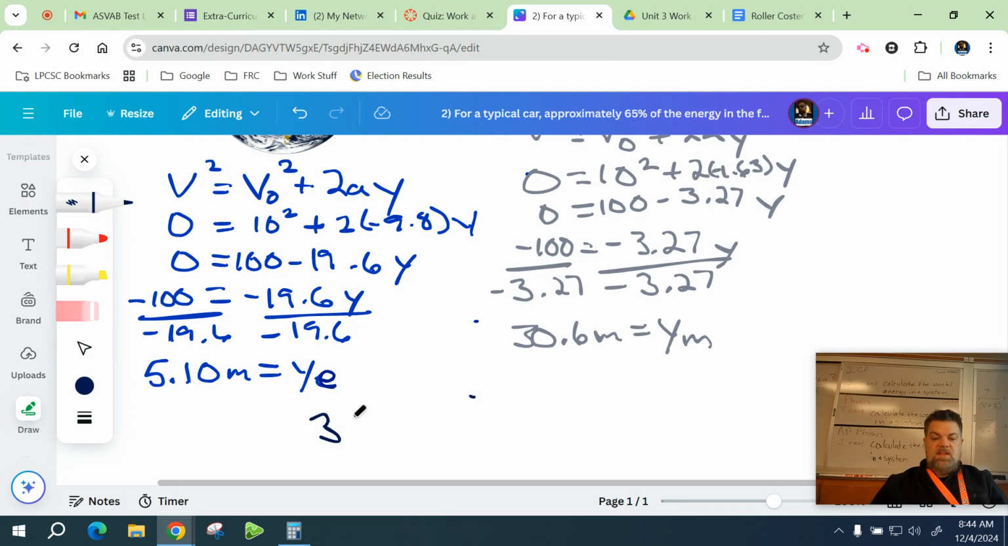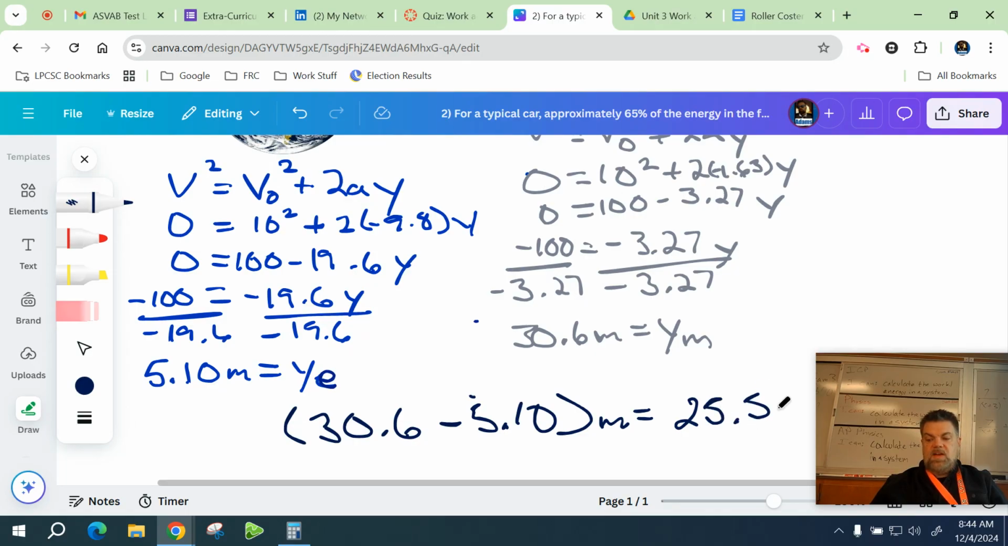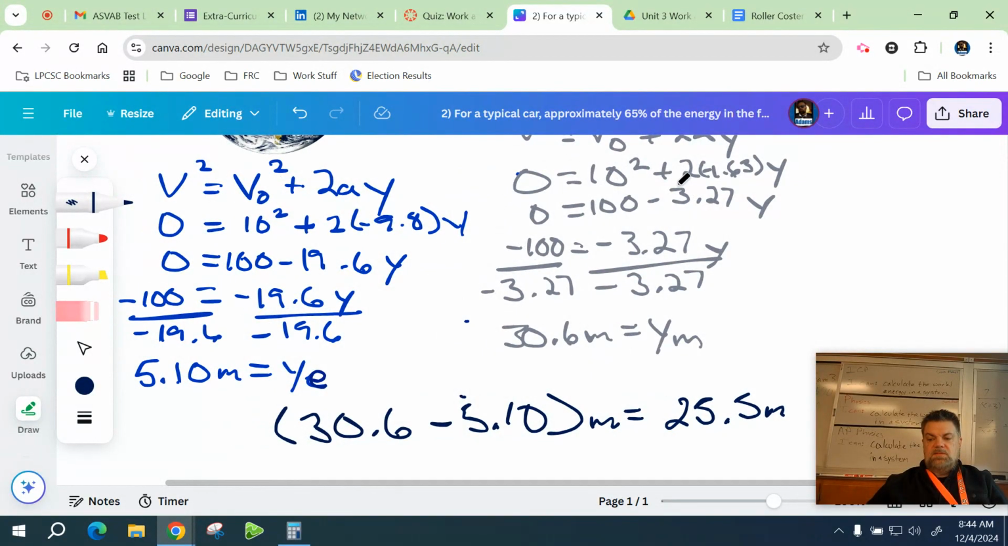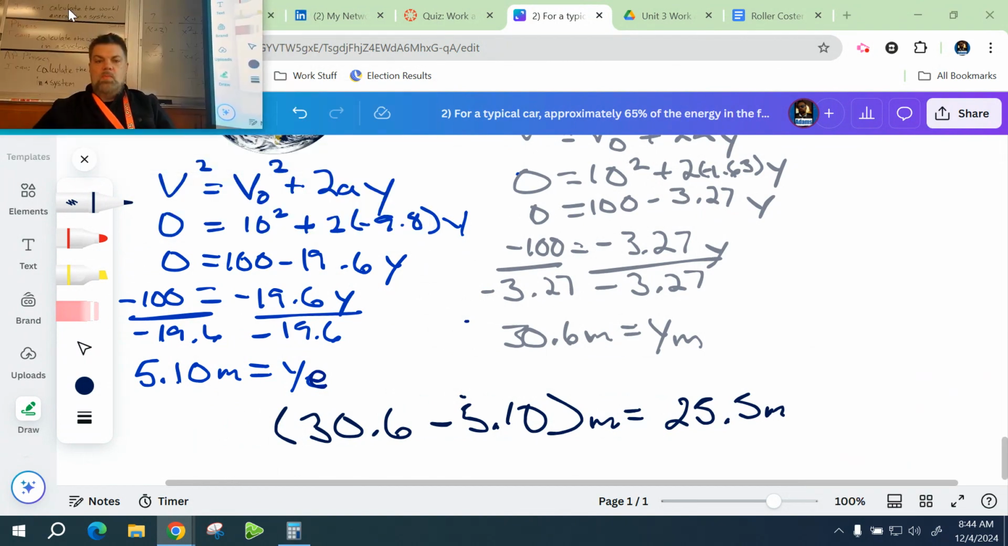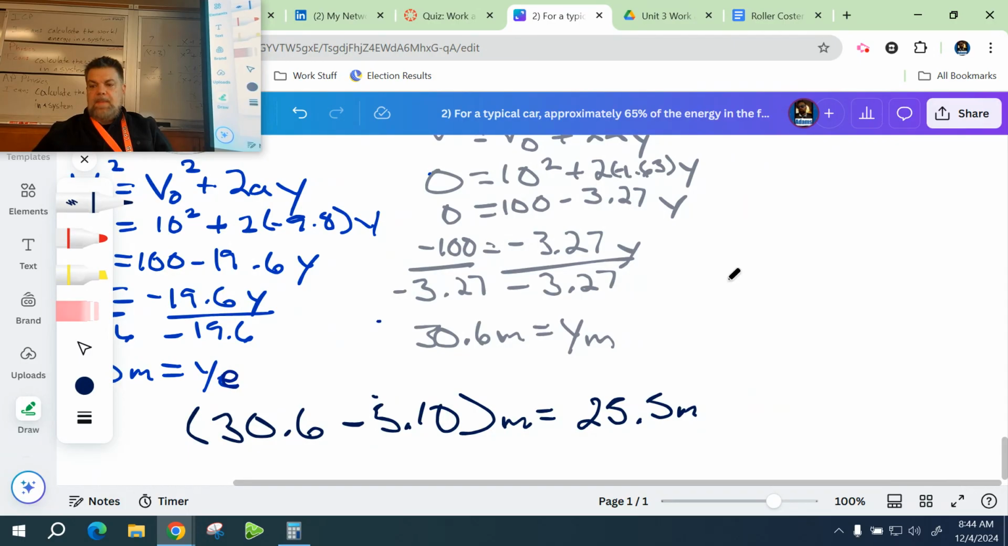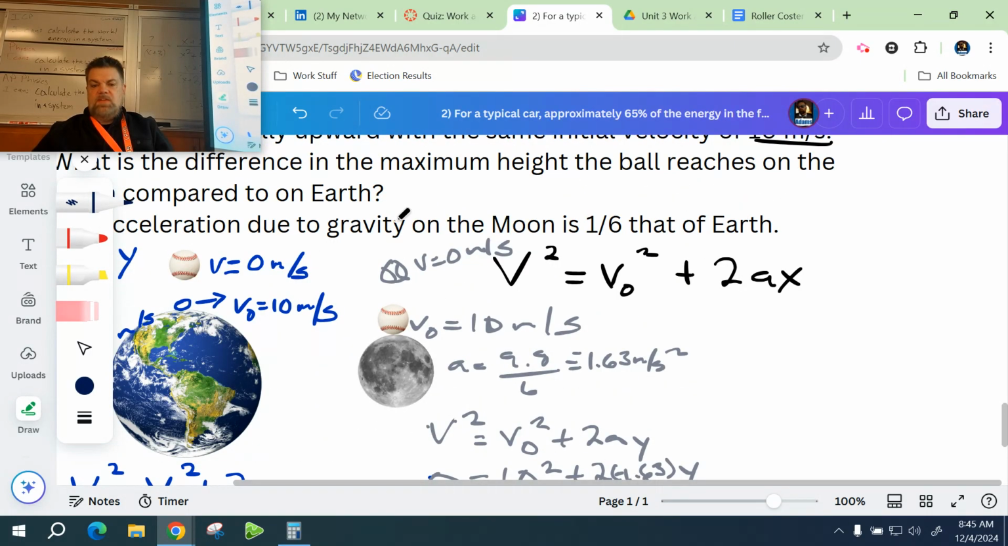So you would say the difference is 30.6 minus 5.110 meters, which is equal to 25. They said 25.5 meters. Now that was a lot of math, a lot of algebra to do that. And I'm not going to do the whole problem, but we could do the same thing with the conservation of energy. In other words, this initial velocity